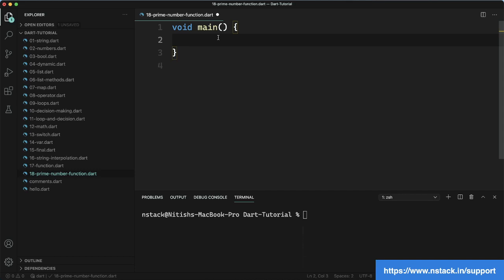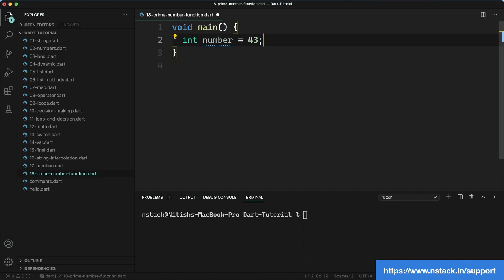So suppose we have a number, 43, and someone asks you if 43 is a prime number, you will say yes, it's a prime number. If someone asks if 11 is a prime number, you will say yes, it is a prime number. And if someone asks if 25 is a prime number, you will say no, it's not a prime number. So the answer can always be given in yes or no, which is similar to true or false in programming.